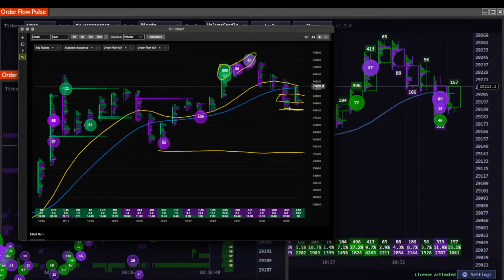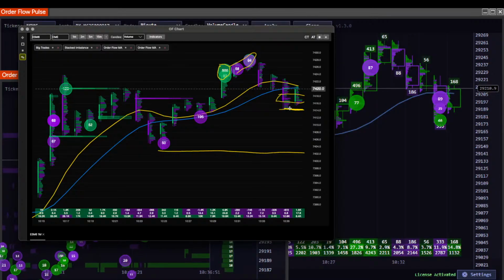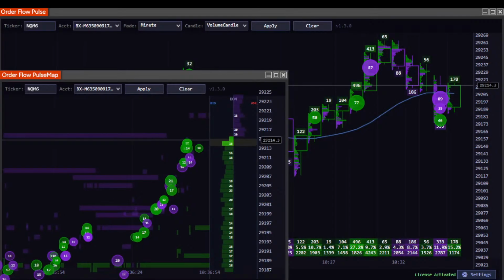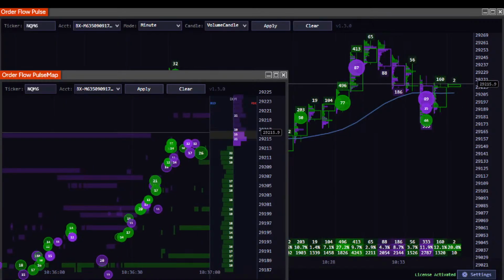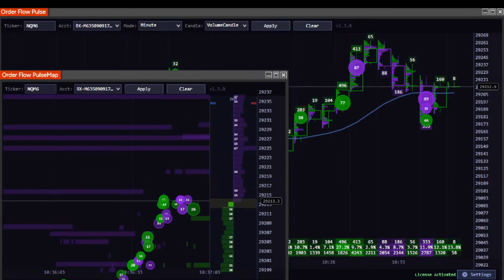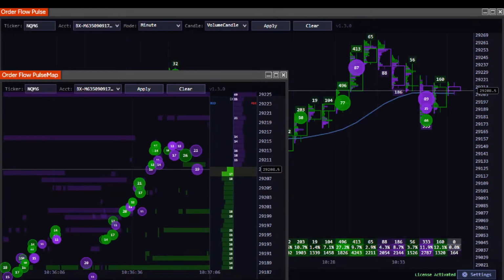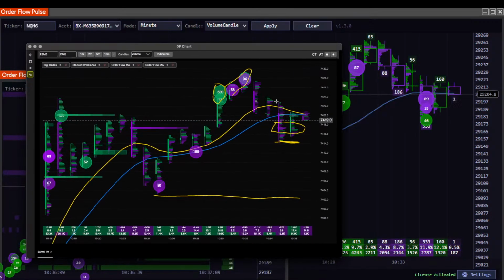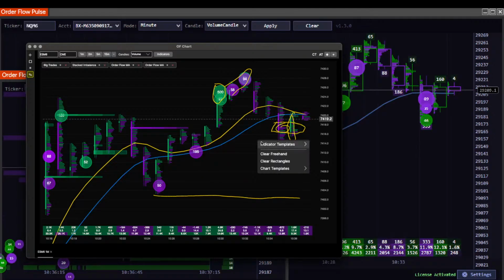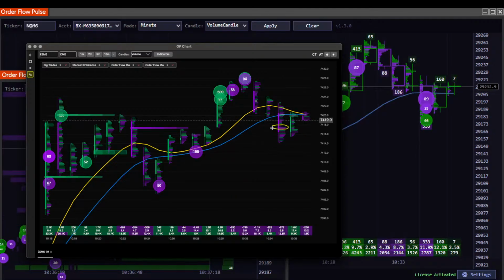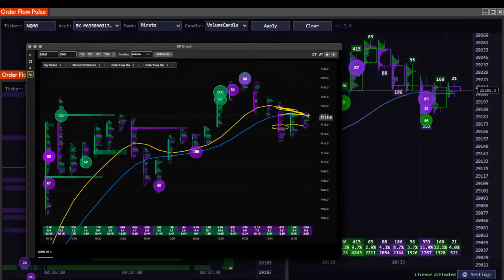But like I said, I wouldn't try to be short this market, to be quite honest. But those that are trying to short it, I gave it a stab and it got me out. That selling balance got taken away on this candle right here. The fast moving average is starting to slope downwards. The slow moving average is starting to flatline.